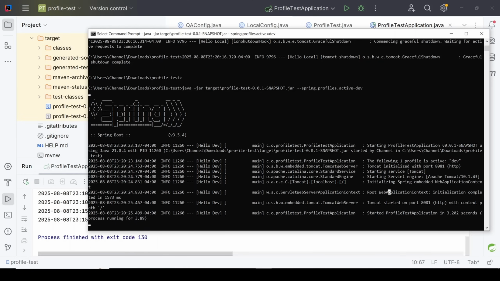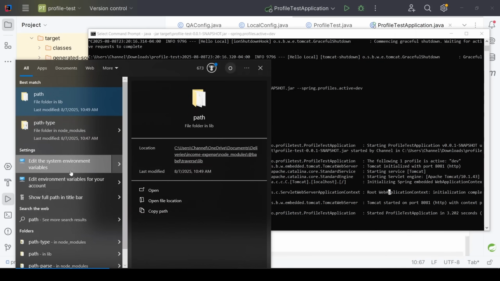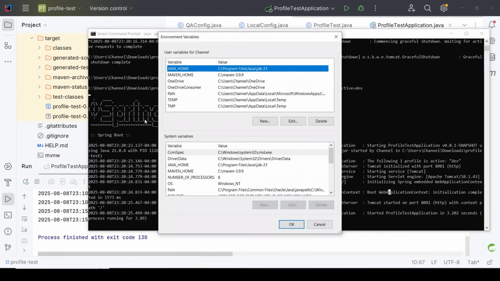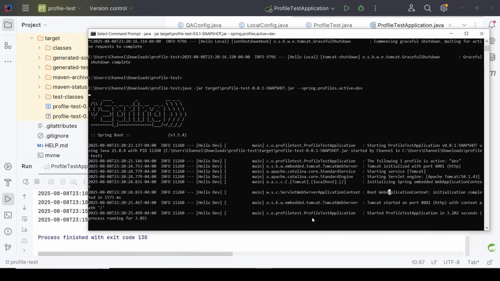You could use your environment variable. So there are ways you could actually see, you have the environment variables. You can set your environment variable here, and here you could just create a new environment variable and just use that, right? So for example, you could just create a new one here and you just name it SPRING_PROFILES_ACTIVE, and then you want to make it dev, small letter. All right, so here you want to press OK, and then